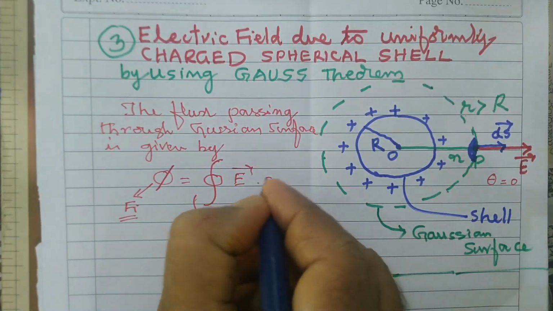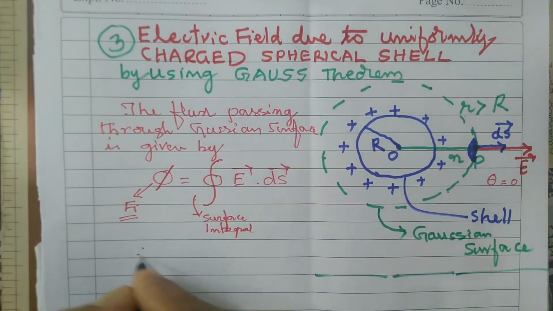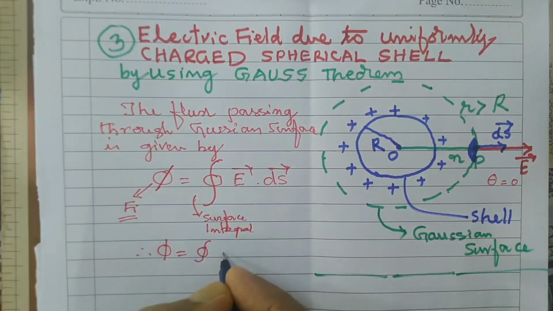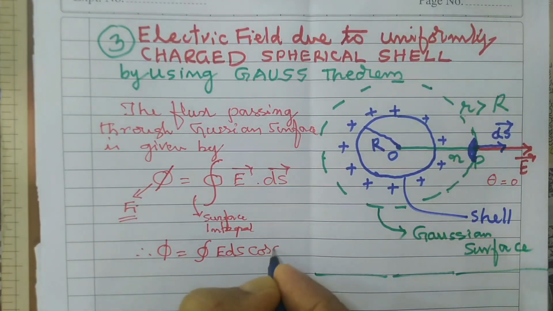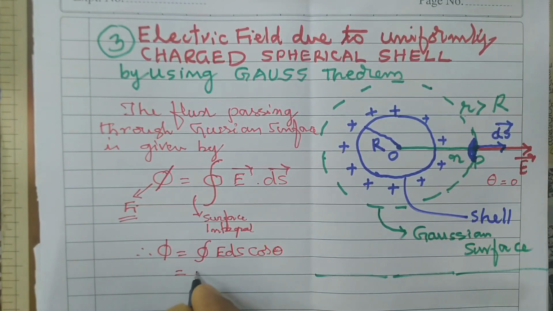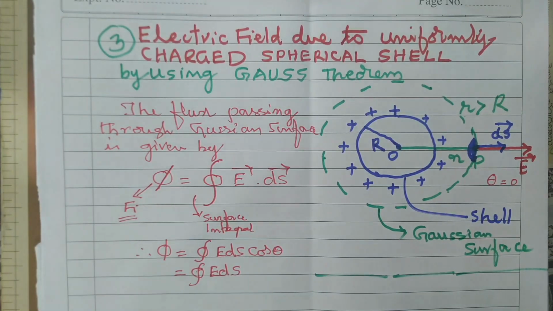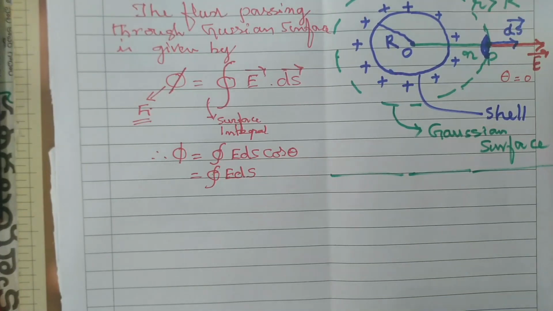This is the formula which you have learnt in the basic definition of the flux. Therefore, you can say that phi is equal to surface integral E ds cos theta. Here theta is 0, therefore it will become surface integral E ds only. Cos 0 is equal to 1, you know very well. So far, you are able to understand. Okay. Now, here